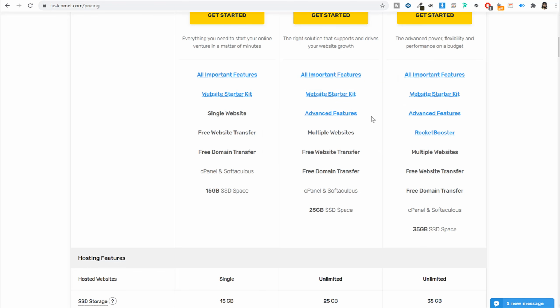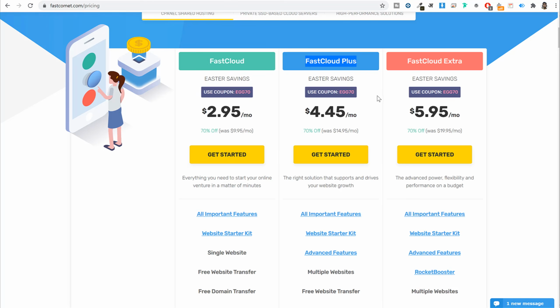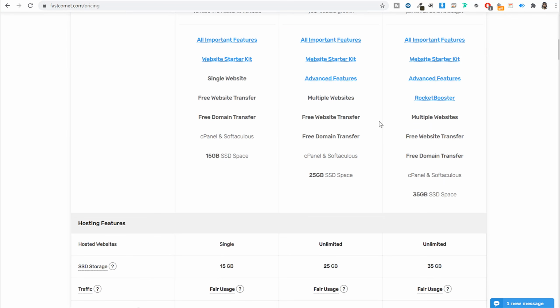With that, you also get some features like the multiple websites option. So in this hosting plan, you can host multiple websites. So what does this mean? So today you're creating this membership website. Tomorrow, if you want to create maybe another membership website or maybe an e-commerce website or some other website, again you don't have to purchase a new hosting plan. You can host that website as well in one single plan. So basically you just purchase this FastCloud Plus plan once, and for all your future websites, you can host all those websites in one single plan.